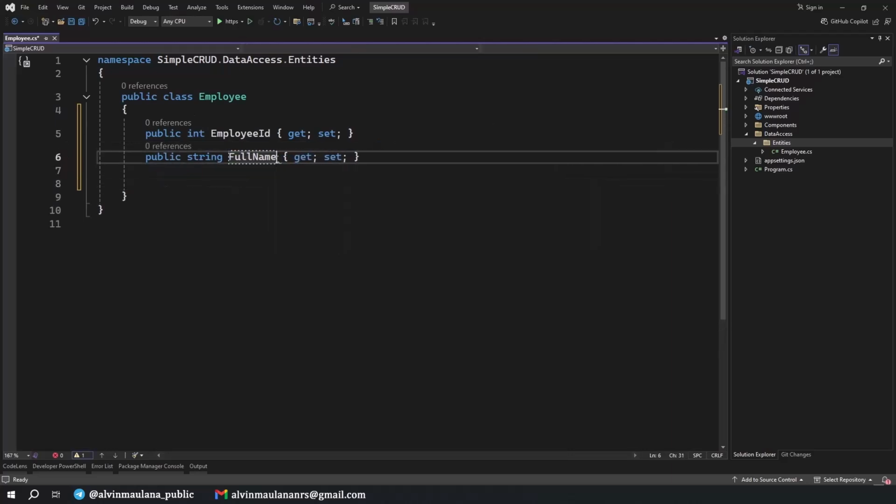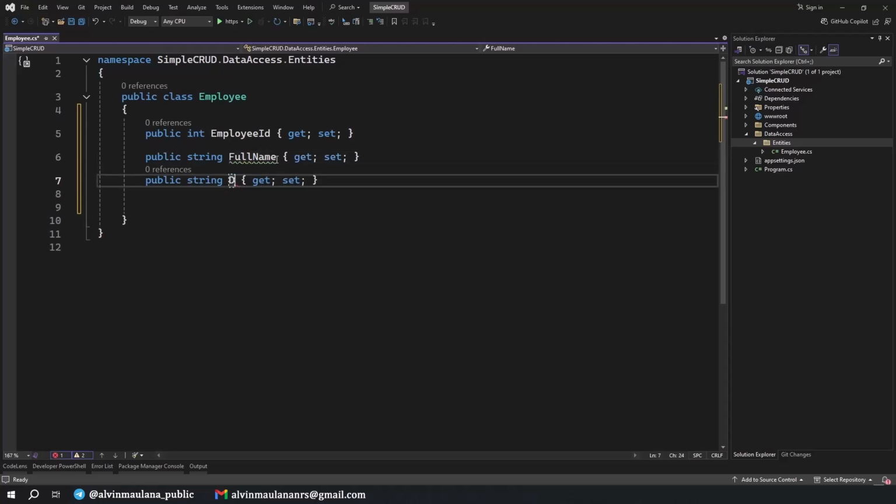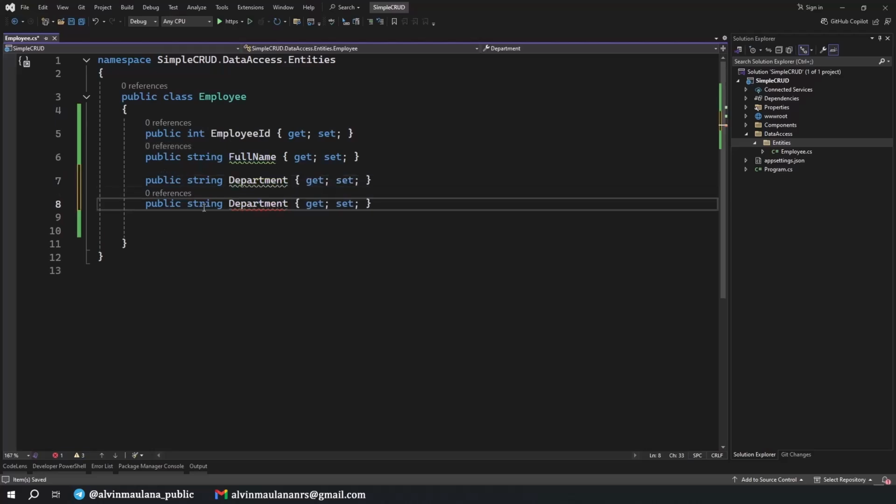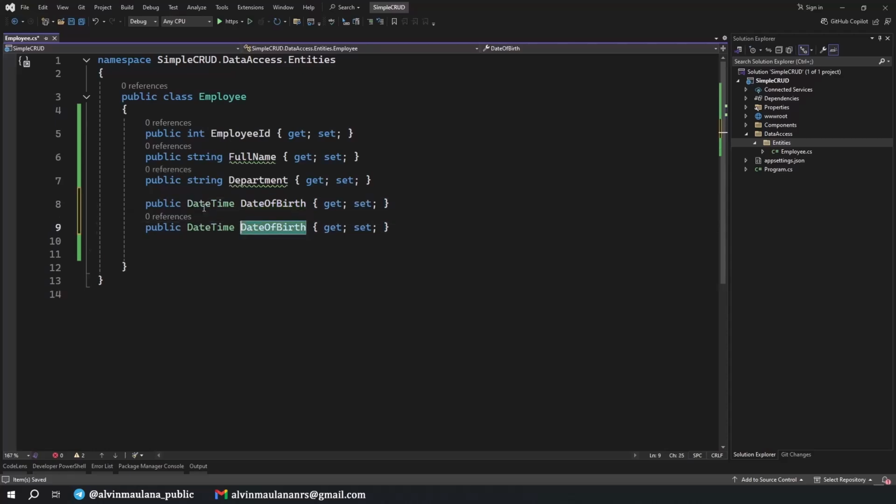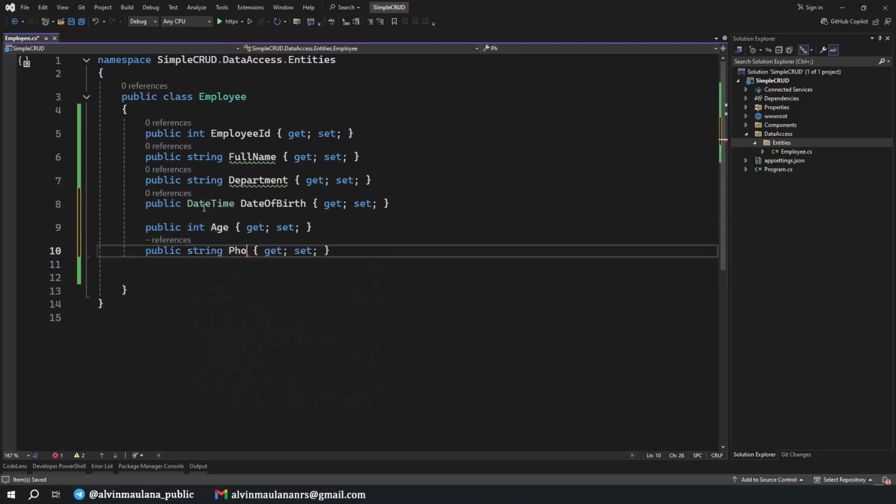And then I duplicate and put Department, and then I duplicate again. This one is DateTime, DateOfBirth. And the next we will have an int Age and a string PhoneNumber. Okay.